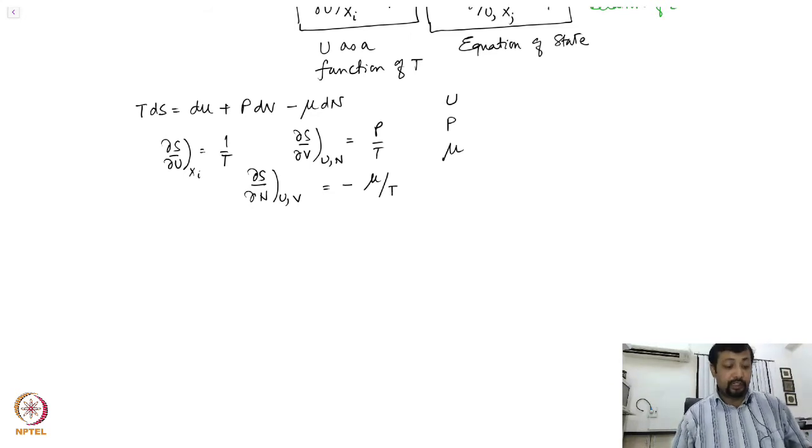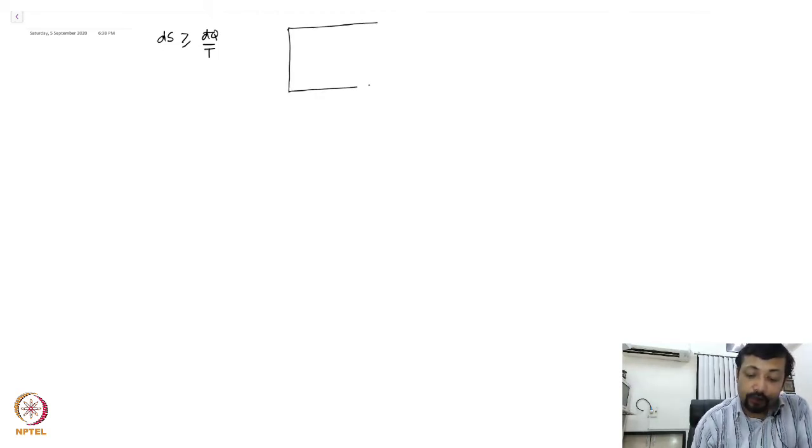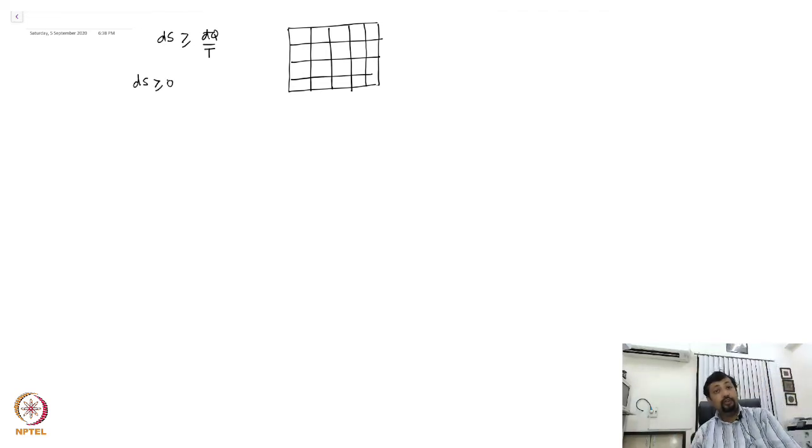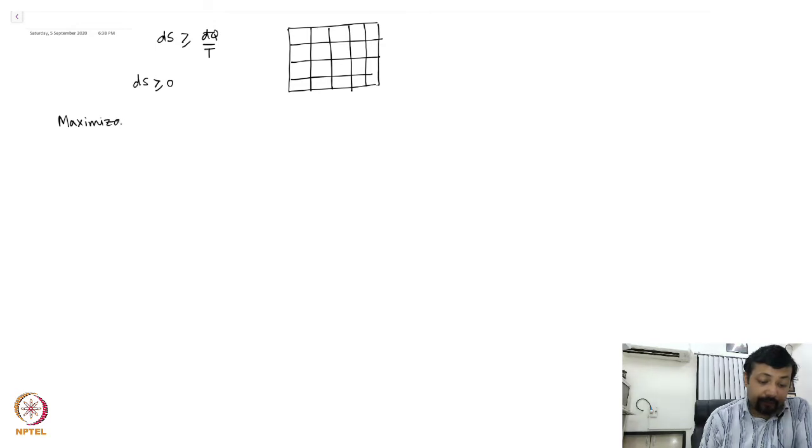Right? So we will come back to all of this a little later, but I want to discuss something. So we have seen that dS must be greater than or equal to d-cut Q by T for any general process. This means that if I have a system which is adiabatically constrained, which means there are no possibilities of heat exchange, and it comprises of subsystems which are in equilibrium themselves and are brought together, then since there is no heat exchange possible, any spontaneous change within itself can only lead to a maximization of the entropy. So we say that the maximization of entropy leads to a thermodynamic equilibrium